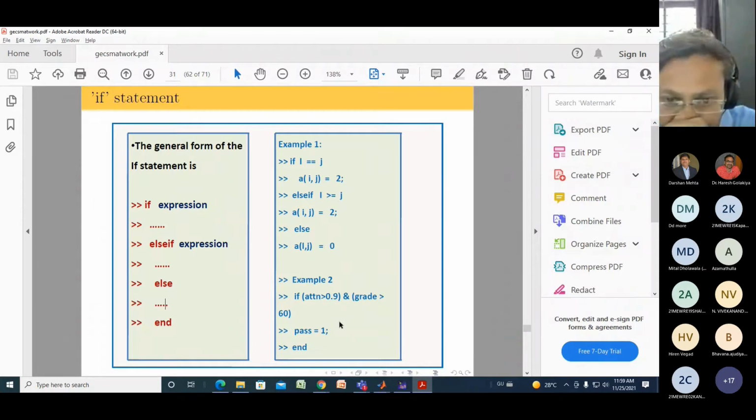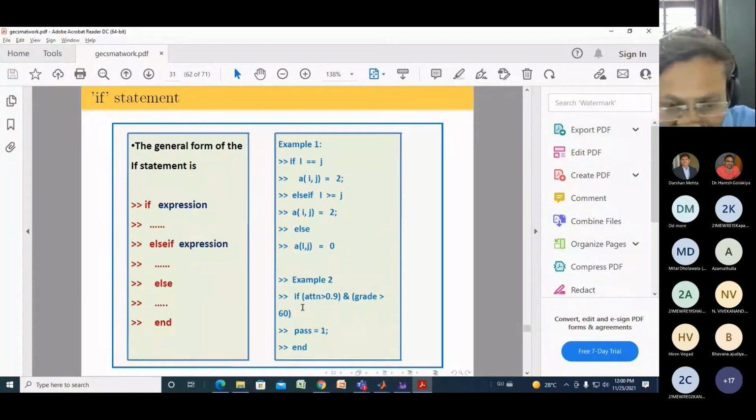Okay, so you can write like this. For example, if you are giving input i and j, if i and j are the same, a of i, j will be 2. If i is greater than or equal to the value of j, you can put a of i, j equal to 2. If both these conditions are not met, you can directly write a of i, j equal to 0. So this is a kind of constraint. You can put this kind of constraint in your algorithm also.